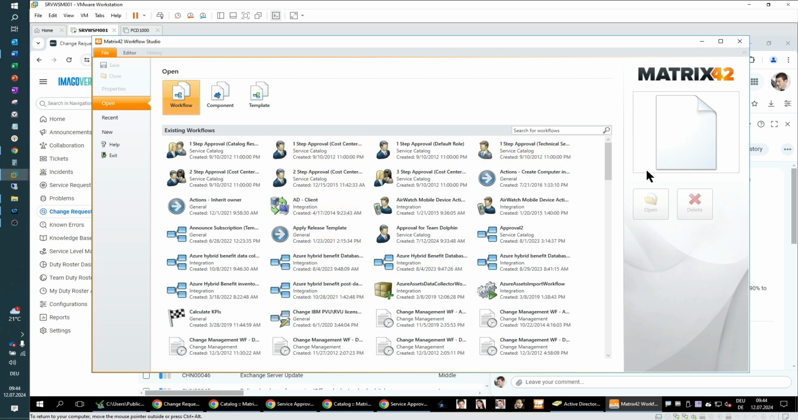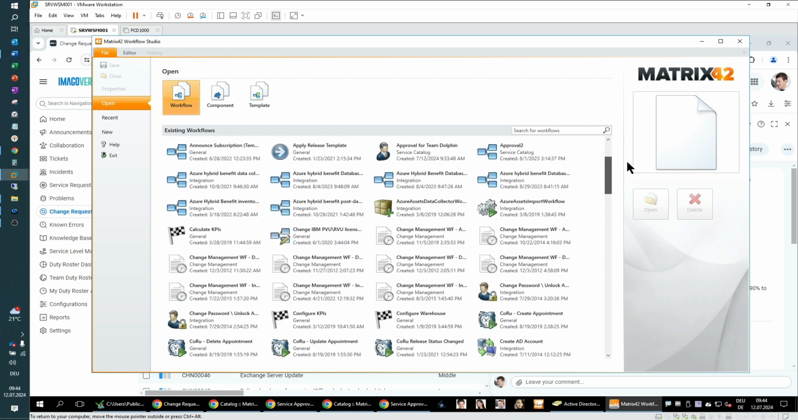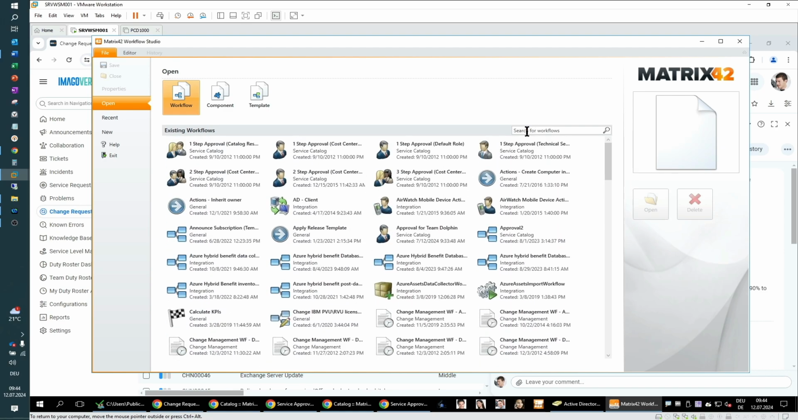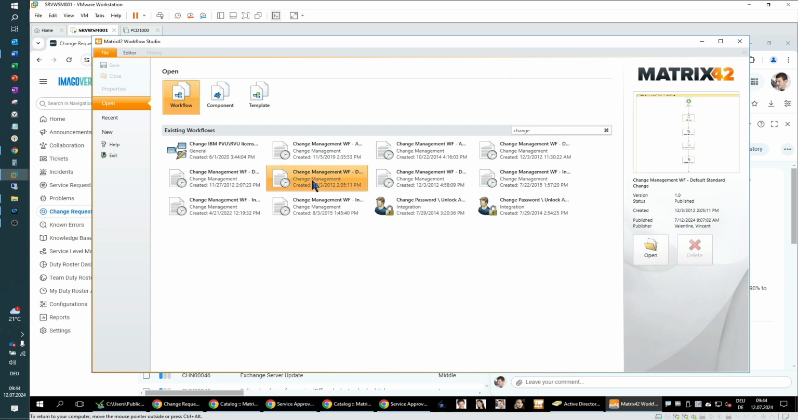You can select from this long list, which can be a long job, but you also can search and refine. Typing change in this little box gives us the change workflows. We find assign ID group, assign asset, default emergency change, default non-standard change, default standard change. This is what we want. Click, open,